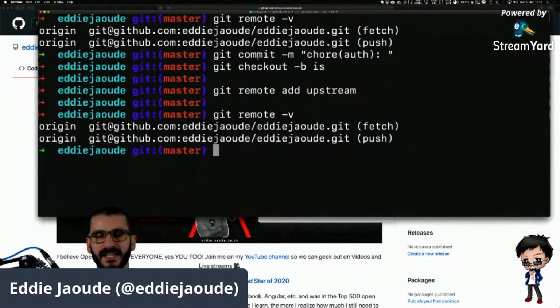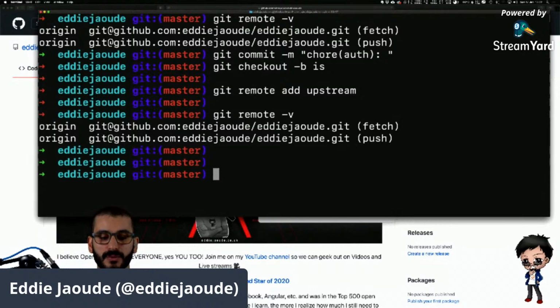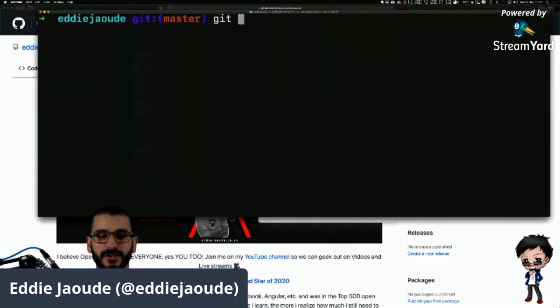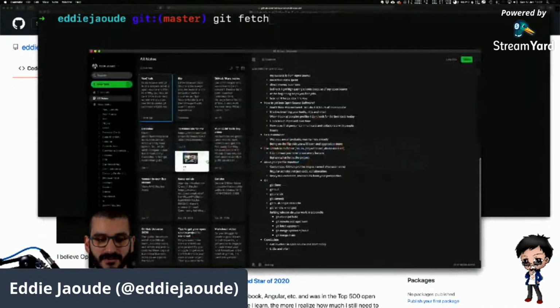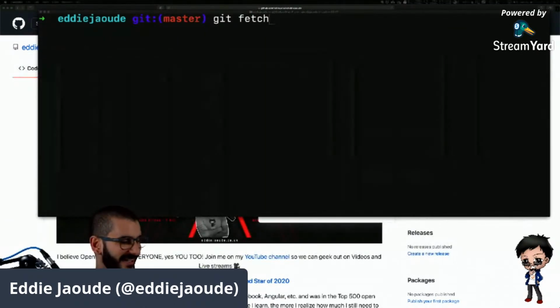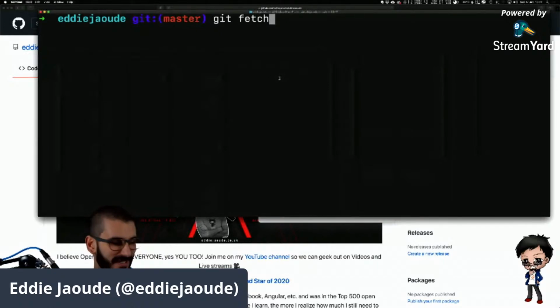And the idea is that, yes, you push and pull from origin, but when you want to pull the latest changes from the original repo, what you need to do is git fetch. Let me double check I get all my commands correct. Right, I have shortcuts to everything, so I forget the full commands sometimes, which I love while on live streams, people correct me. Yeah, so git fetch upstream, and that will pull the entire, not pull, that's a really bad word.